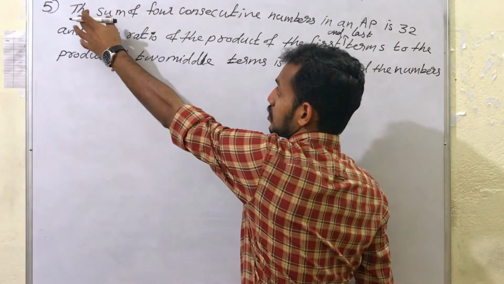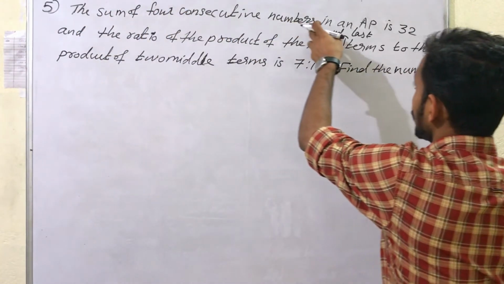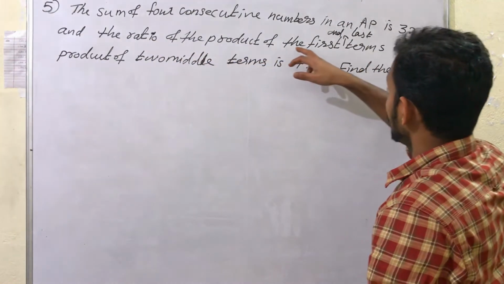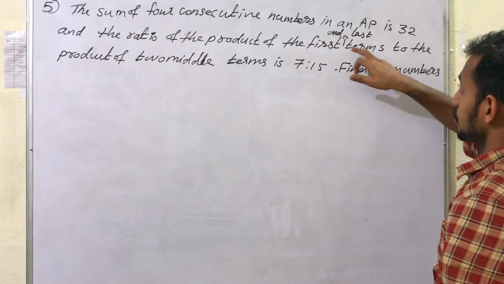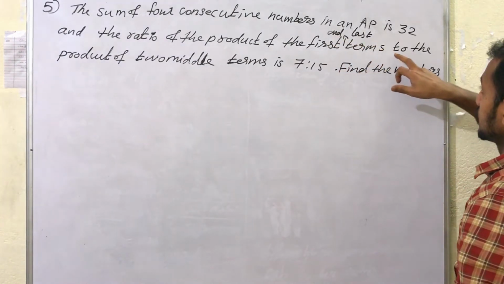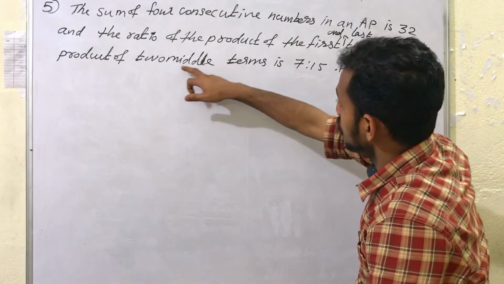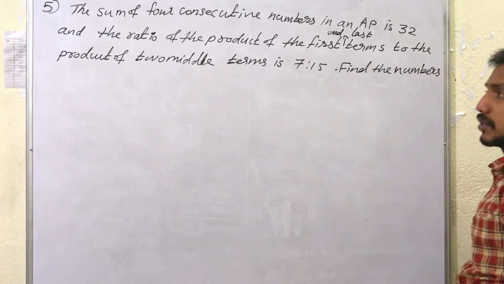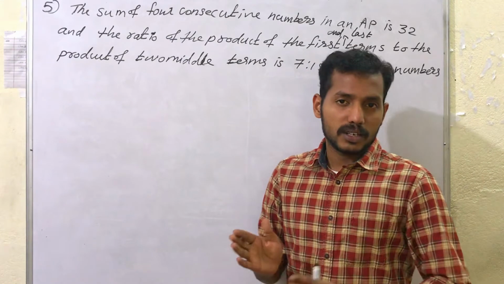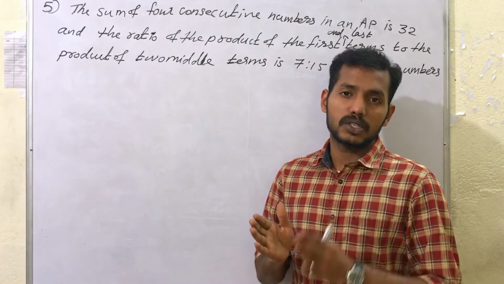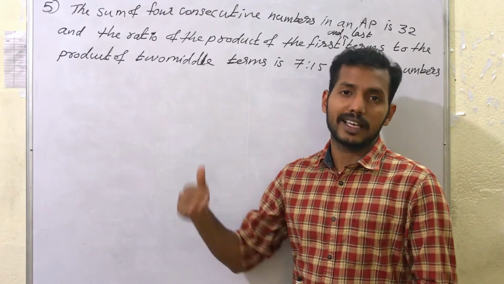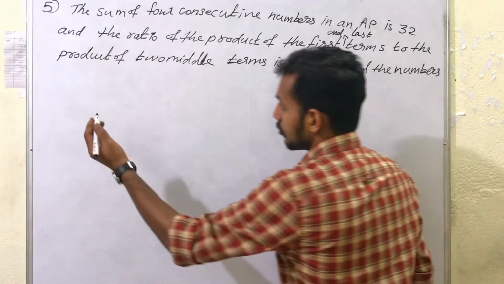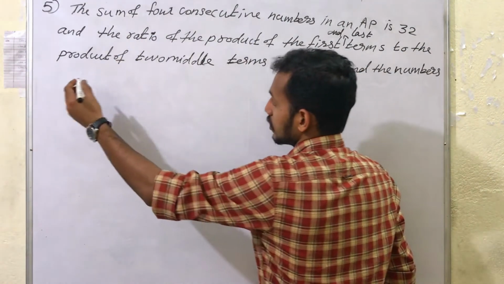Now the next question is, the sum of the 4 consecutive numbers in an AP is 32, and the ratio of the product of the first and last terms to the product of 2 middle terms is 7:15. Find the numbers. Here we can use the method which we have discussed in the video for exercise 5.4. So here, what was the technique we have said